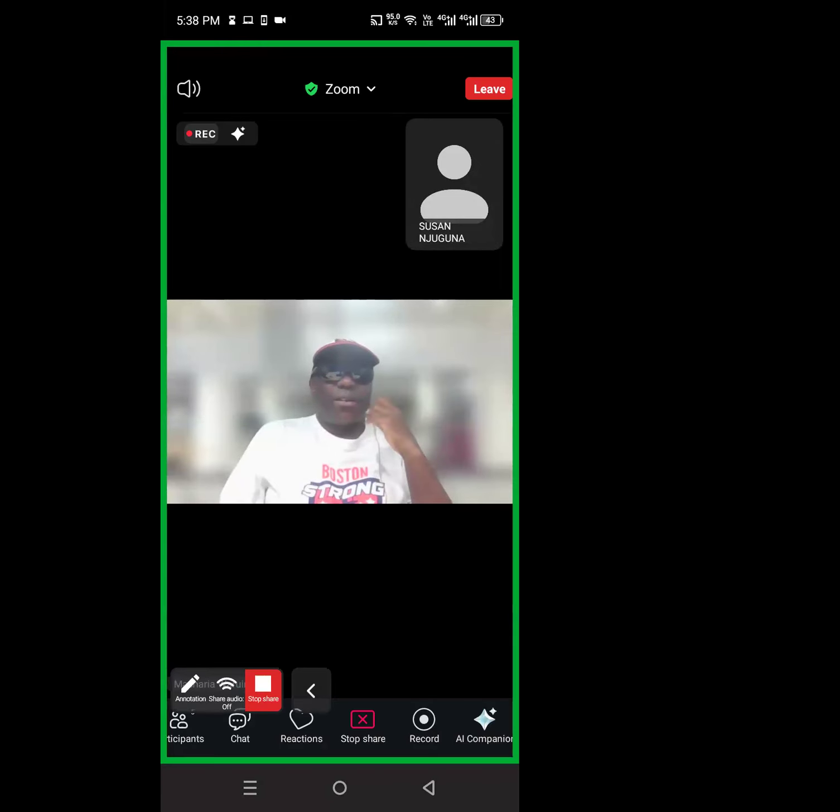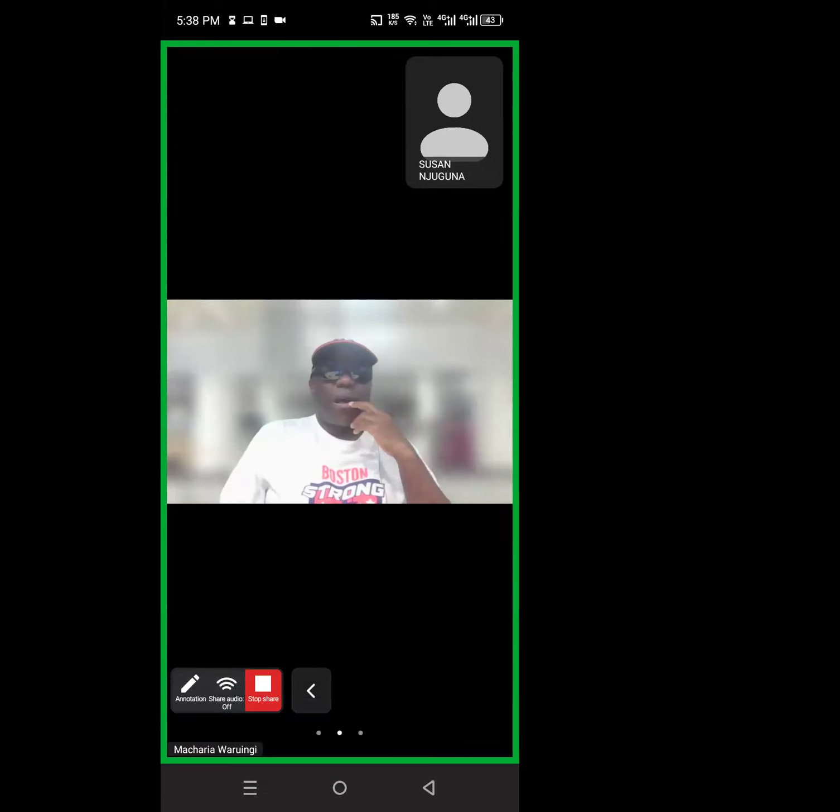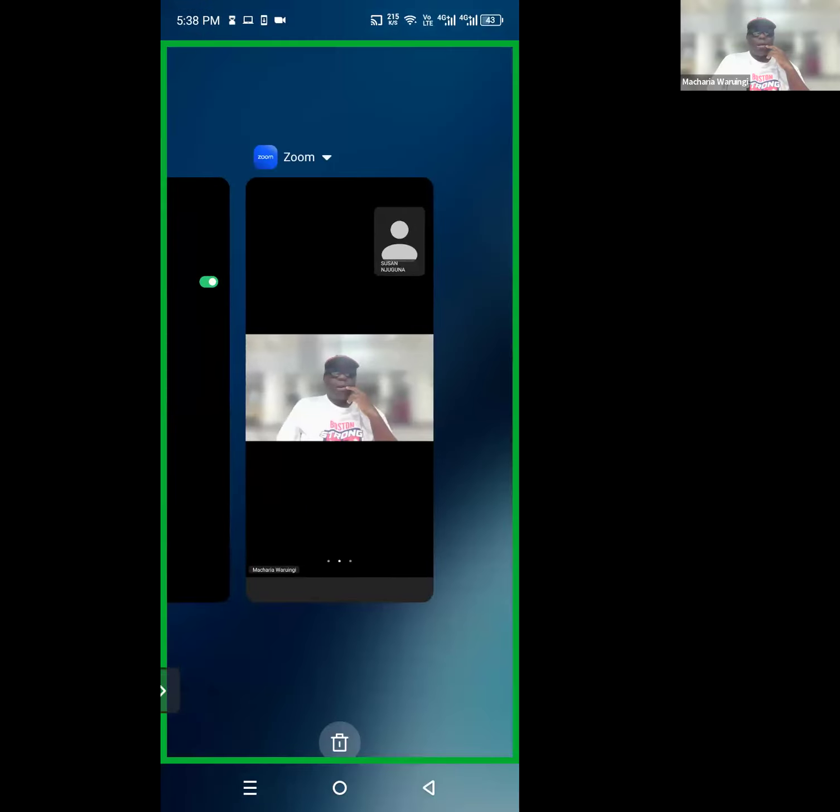When I click on share screen, it's taking me to applications so that I can allow Zoom to share different applications, and from there I don't know how to. Oh, okay, applications on the phone. Allow Zoom. Maybe it's Zoom settings. Okay, I think now I can be able to share. Yes, now it's visible.